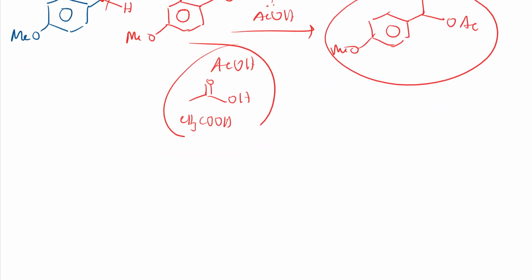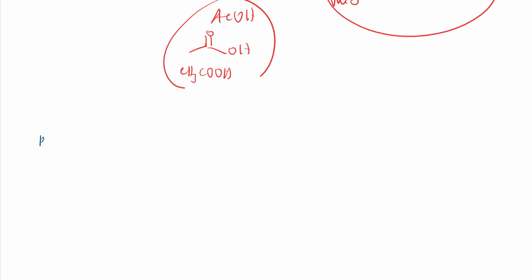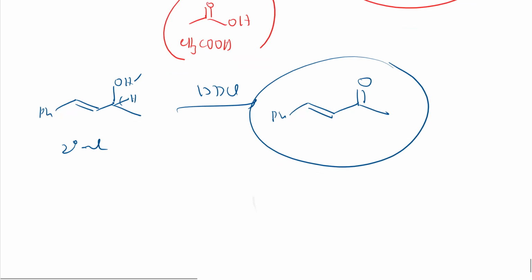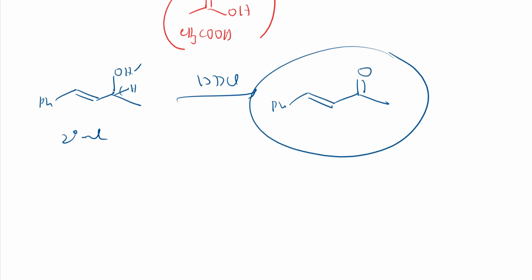Now if I give you some problems, you need to solve them, right? So take this problem. What is this? This is a secondary alcohol. In the presence of DDQ, what will I get? A ketone. This hydride and this proton will go and I'll get this product, right? I have explained all this, so I'll get this one directly. This is nothing but an unsaturation at the alpha position, an alpha beta unsaturated ketone or enone, right? This is how we can synthesize this enone. Many examples I have explained.